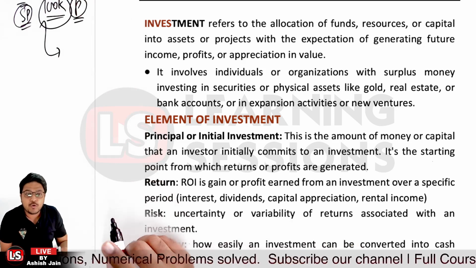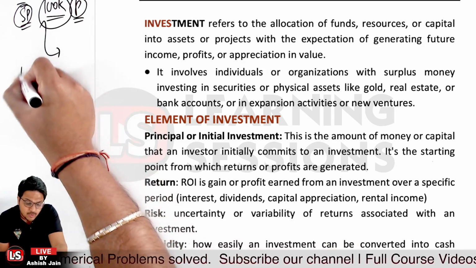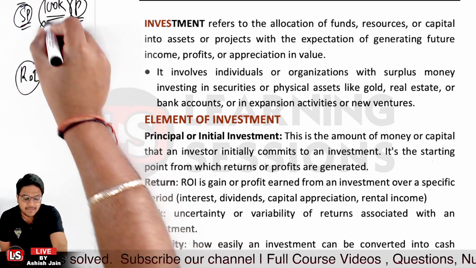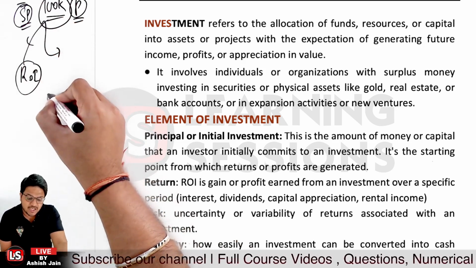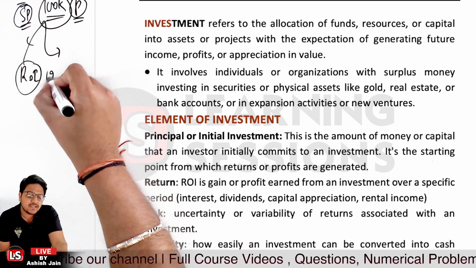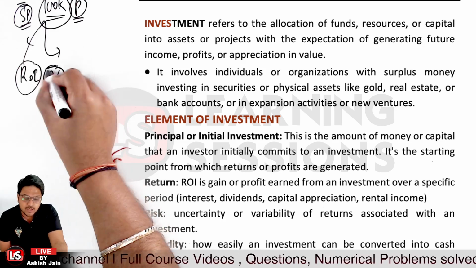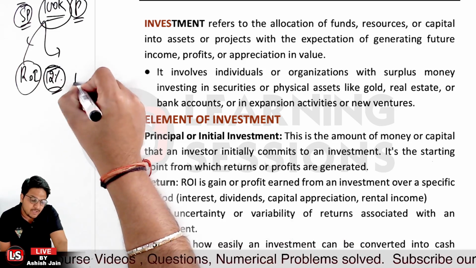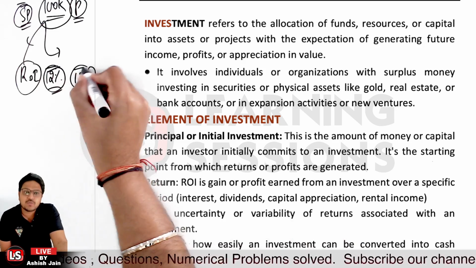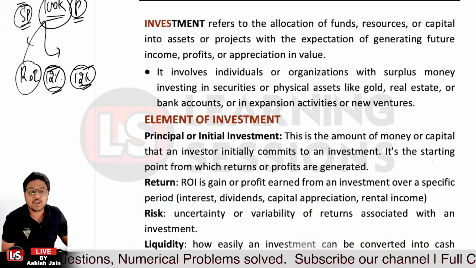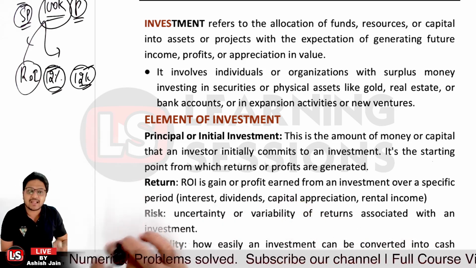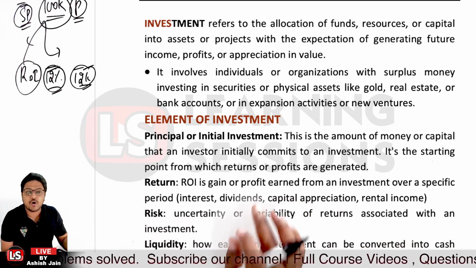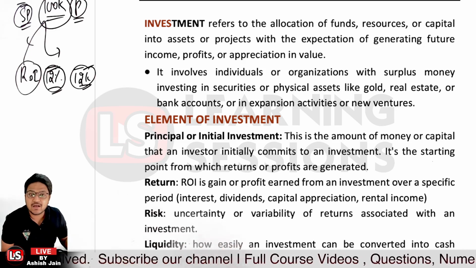And after that, it's related to return. Return is related to return on investment: I invested rupees 100k, now what return am I getting? Let's say I'm getting a CAGR, a return of 12%. In that scenario, I have a total return of 12% on an annual basis. So I'm generating rupees 12k or 12,000, and that is the return I'm getting. It can be in the form of dividends, interest, capital appreciation, or rental income, right?